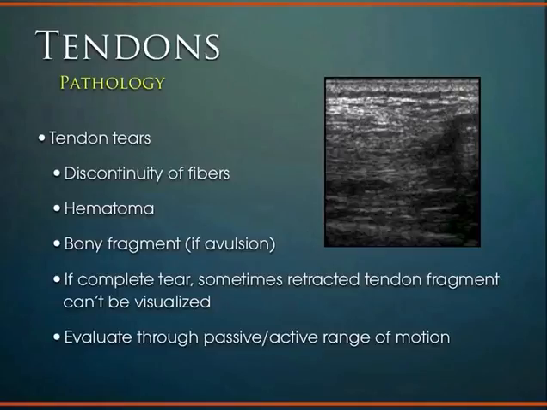And then when it comes to actual tendon tears, just like any other tissue in the body, muscle, and other ligaments, you can have partial tears or complete tears, and what you're going to see on ultrasound corresponds with that as well. But basically looking for that discontinuity in the fibers, tear within the fibers. When any tissue in the body tears, it's going to bleed, so you're going to see that hematoma, local fluid collection. Fluid basically is anechoic or basically no signal, it's black. And so you're going to see this anechoic area or black fluid collection within the tendon architecture with tearing